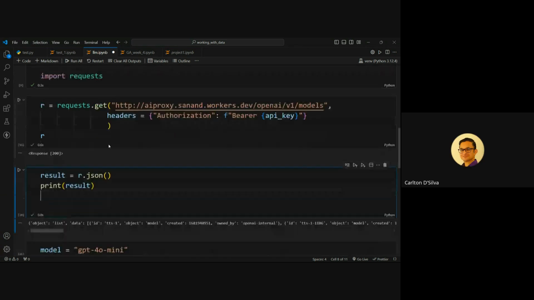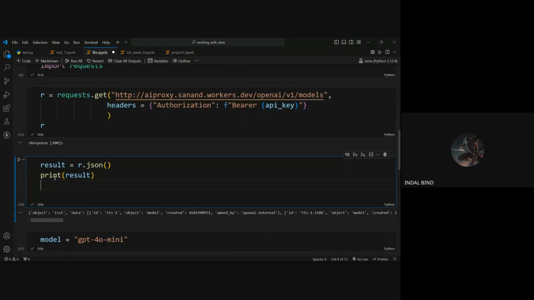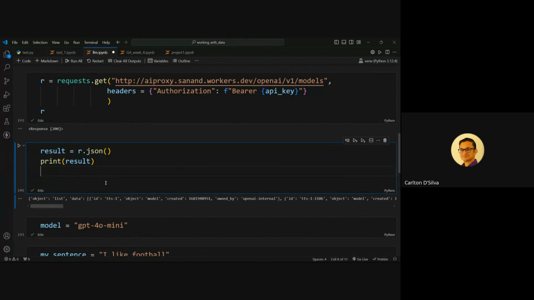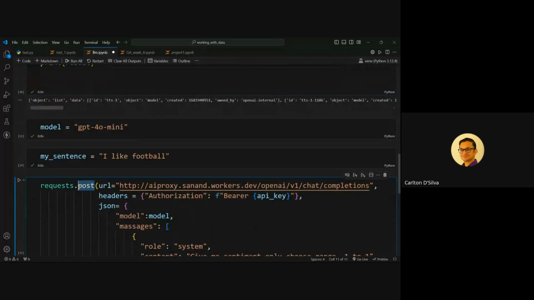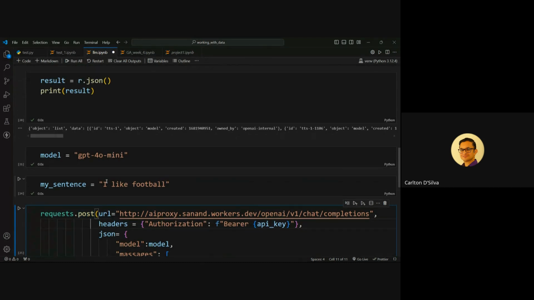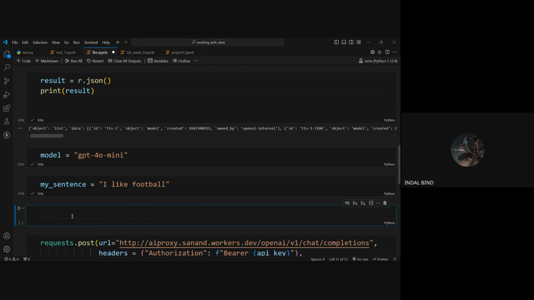Which response? No, that is the GET request, but the next one, the next request you sent. We can't examine it unless it's in a variable, right? So put that request in a variable. r equal to requests.post.